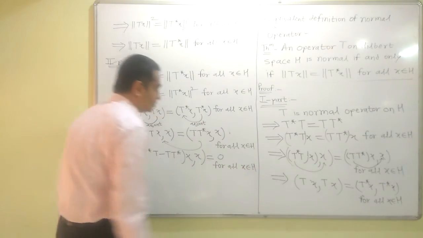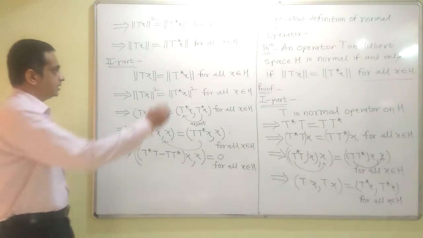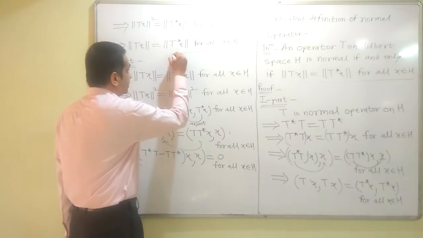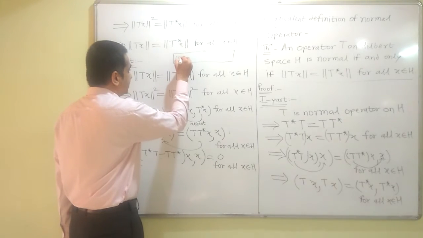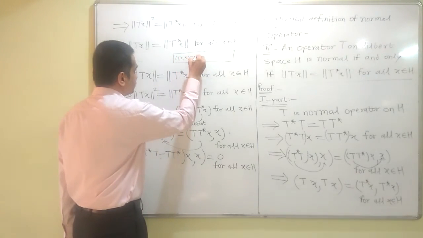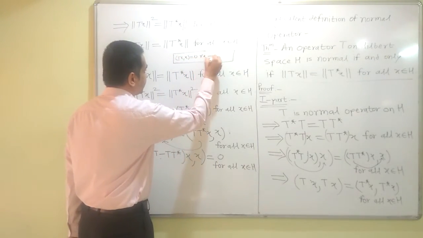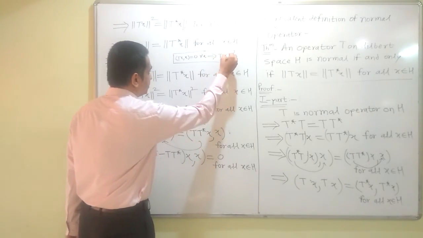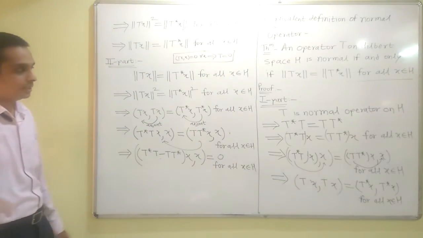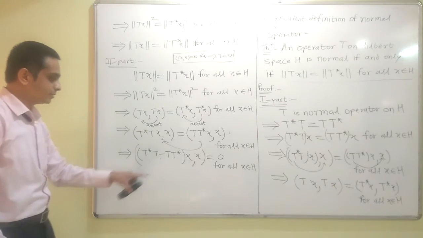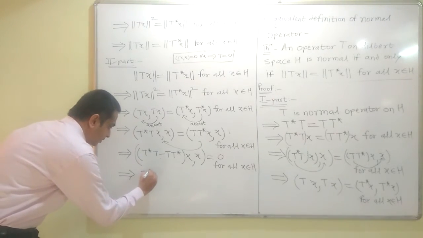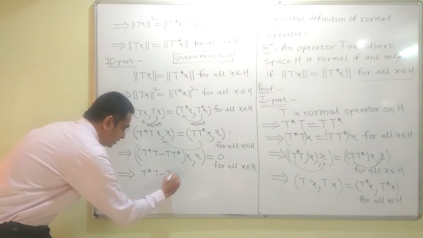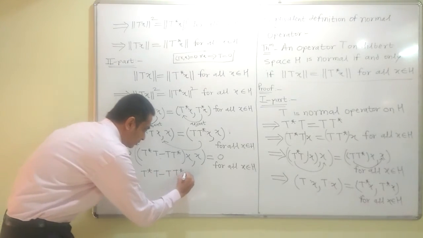And we have proved the result that if we have this property for some operator, if ⟨Tx, x⟩ is equal to 0 for every x, then we can write that T is equal to 0. So we have proved this property. By using this property, or by known results, we could say this: T*T − TT* is equal to 0.